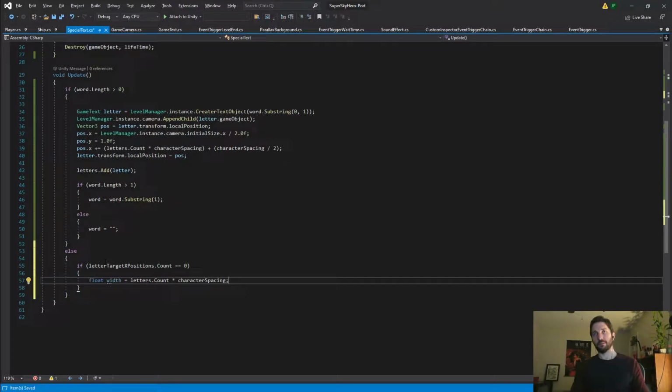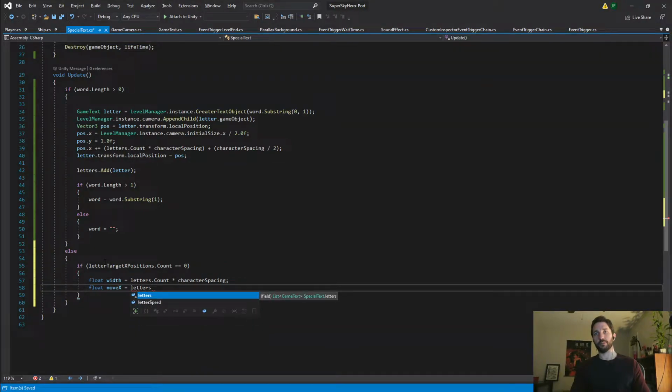Yes. So the move is, let's see, move X equals letters 0 dot